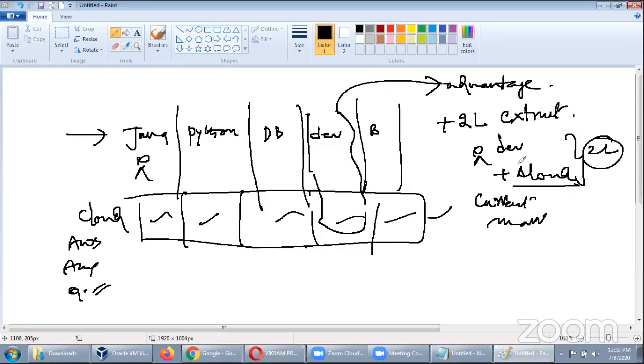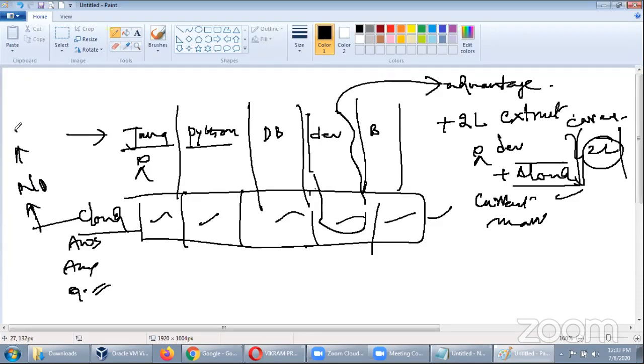So spending some bucks for learning something in the cloud can help you increase your package, both in terms of package and career. So that is the current trend. Even if you learn Java or Python, guys, don't stick to simply saying Java. Just try to go with the cloud. Don't take my word for granted. Do some R&D on Naukri also. Spend some time on Naukri, open and see some jobs, and you'll find somewhere a link with the cloud. So in the current trend in the IT industry, cloud is essential for all IT engineers now.